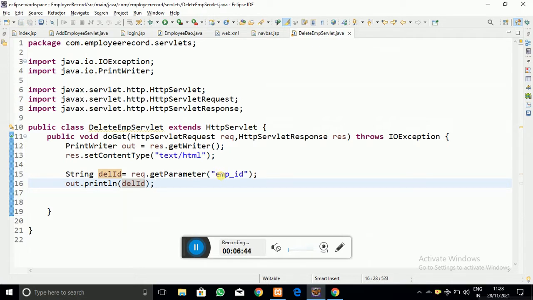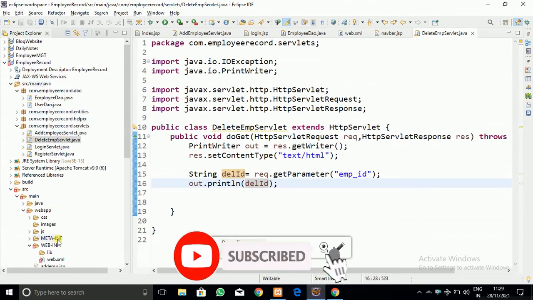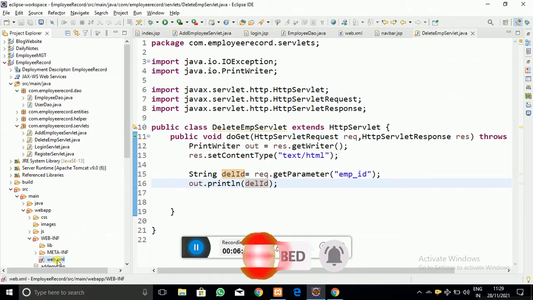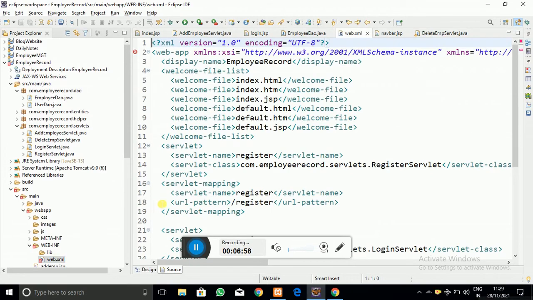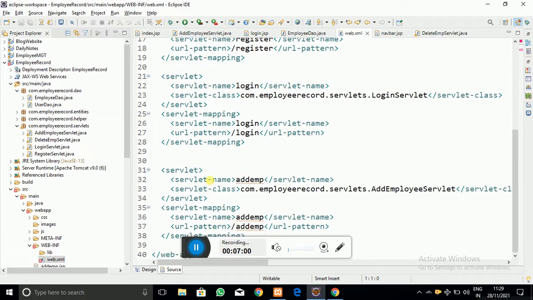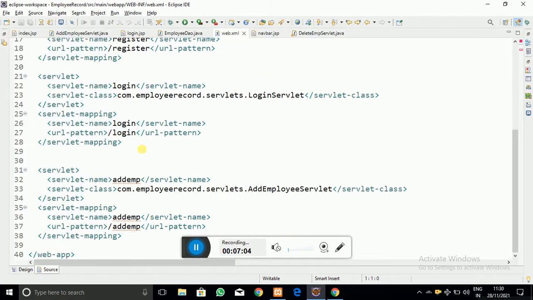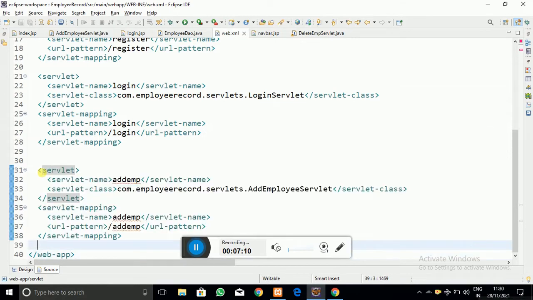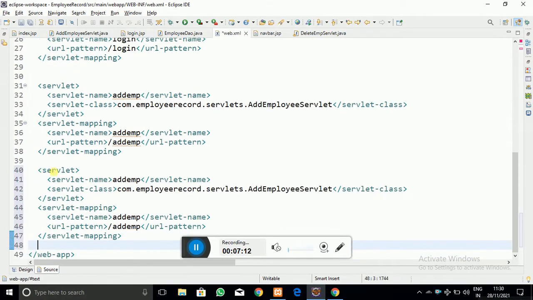So we have created the servlet, but we have to register the servlet in the web.xml deployment descriptor, which is mandatory. When you don't do that, your servlet will not work at all. So in the web.xml deployment descriptor, I am going to add that delete servlet also, as I have added so many servlets.